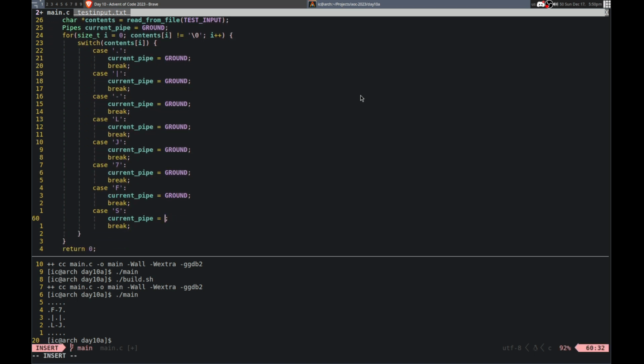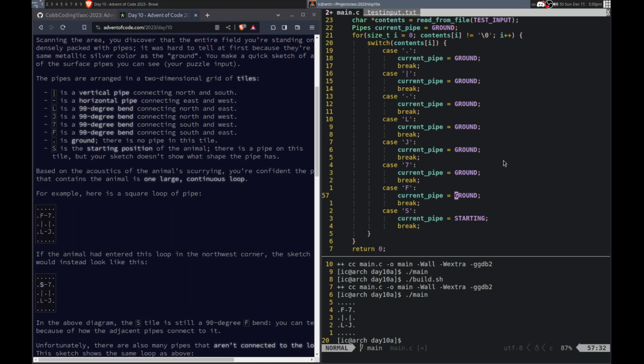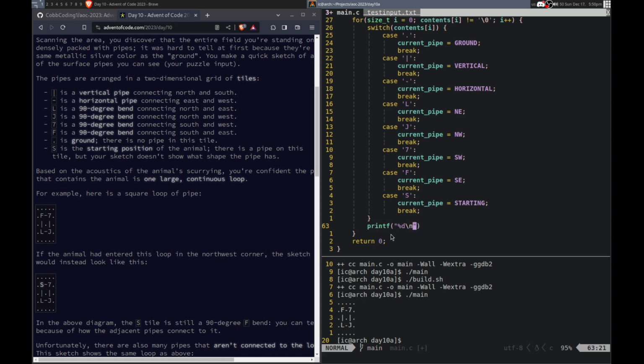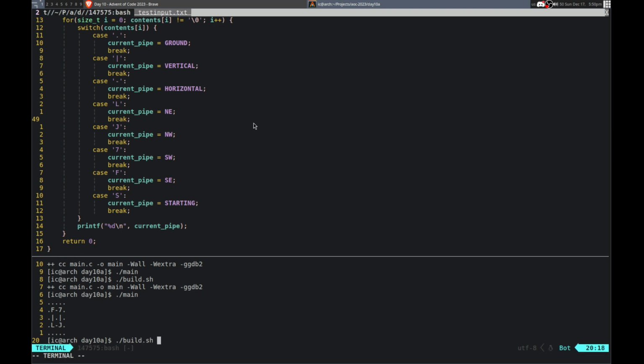Alright, so this one is starting. This one is which one? East. Okay, southwest. So J, which is northwest. Northeast. Right now, yep, okay. And then this is horizontal and vertical. Vertical. Okay. And then at the end, I will just print the current pipe. I'm not going to make it a fancy thing, so it's just going to print the integer, but that's okay. What we should have